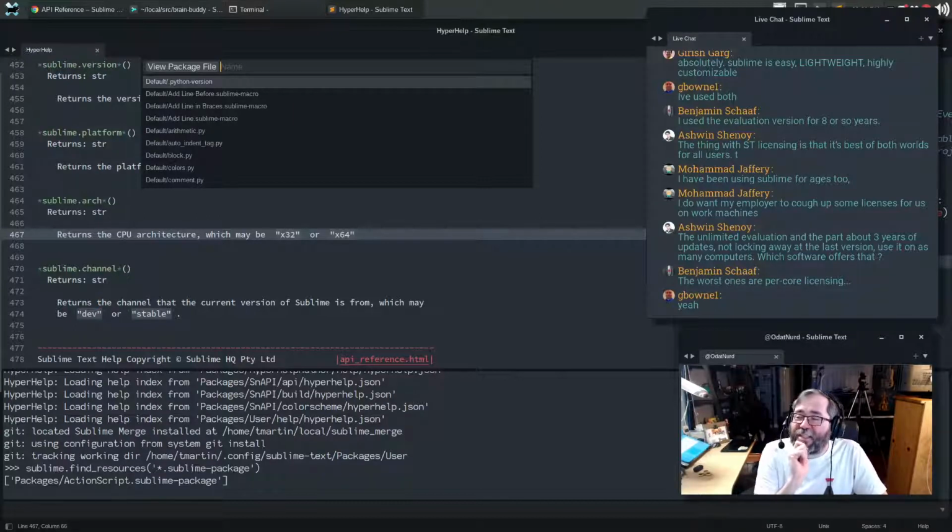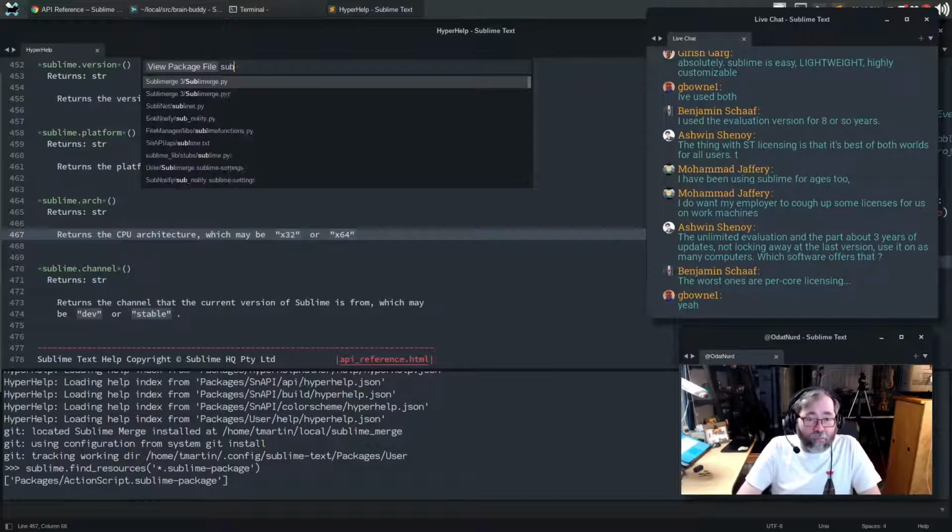So this is kind of the interesting aspect of this for me. The reason why I noticed that this was a problem is because I use view package file roughly 700,000 times a day, and it stopped showing default at the top because it was showing Sublime package files.